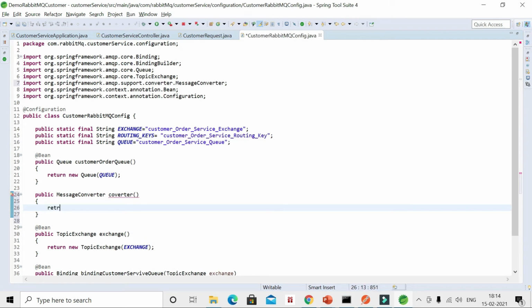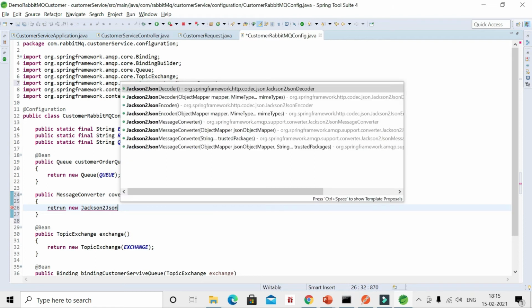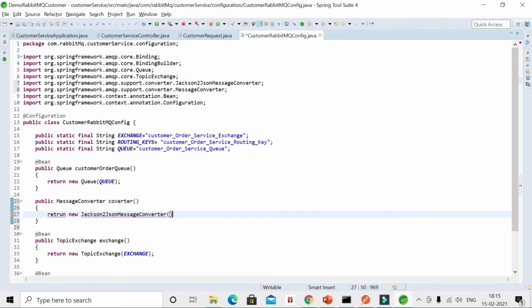And return, I'm using Jackson here, Jackson to JSON converter.